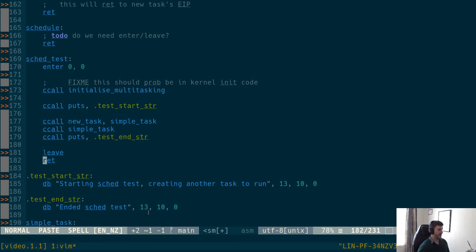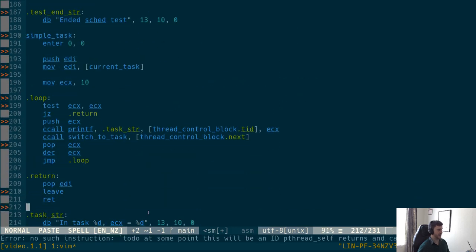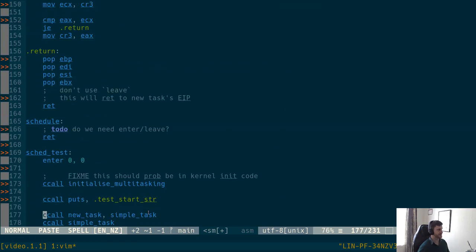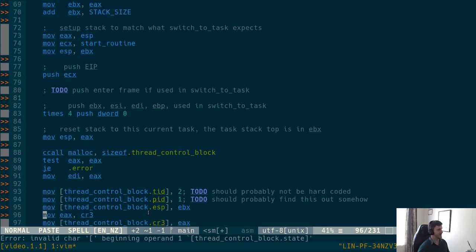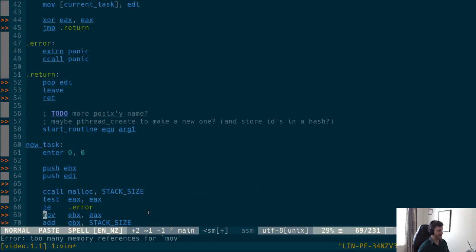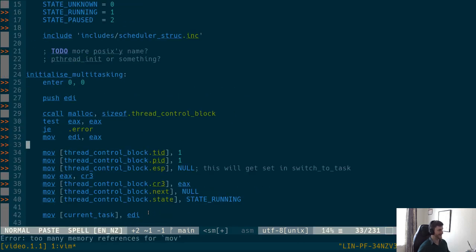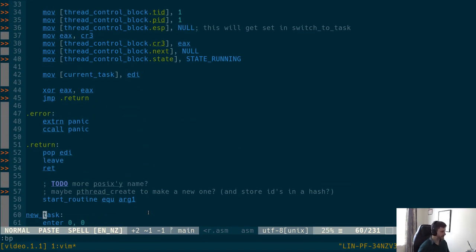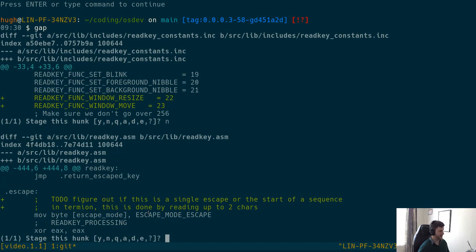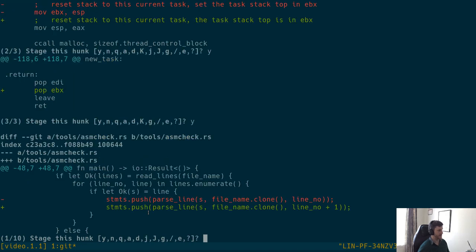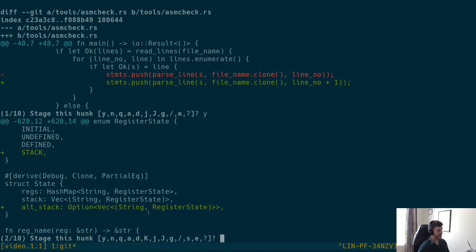But yeah, the skip test wasn't really amazing. All it did was basically say, hey, like this is whatever thread is running. Which, yeah, fun times. And you'll see that new task kind of just set it to 2, and the first one is set to 1. So it's not the best, but yeah, I'll get back to kind of doing that. So there's that pop EBX that we fixed, and then a bunch of stuff in the